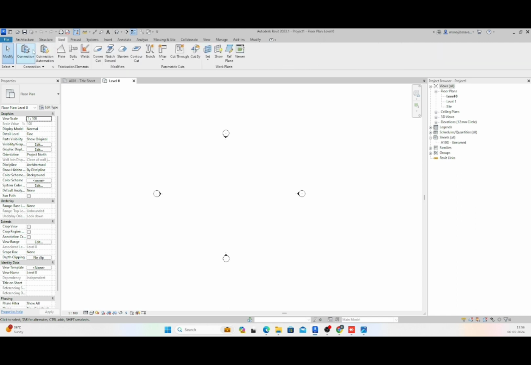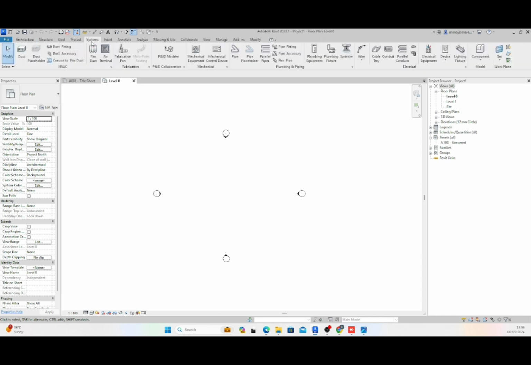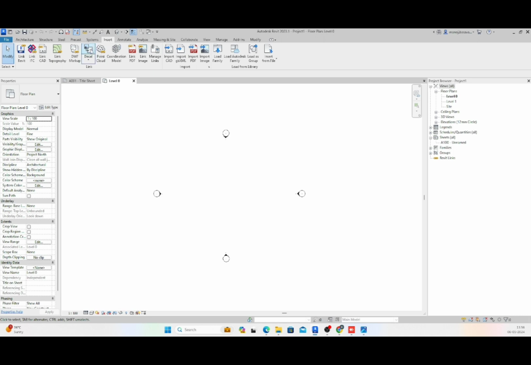In the systems section we have ducts, piping, electrical equipment, mechanical equipment, plumbing equipment, all the necessary equipment for systems of a building. And from the insert tool you can link another Revit project, link an IFC project, link a CAD,